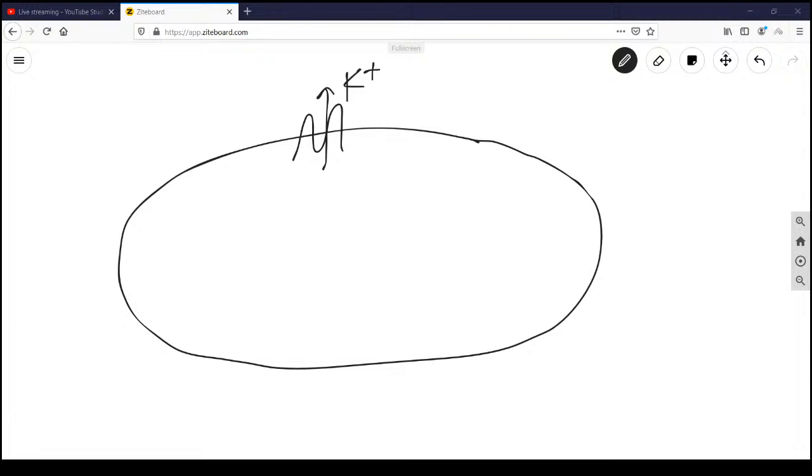Another channel will be there through which HCO3 influx will happen. HCO3 minus, the bicarbonate ion, will come into the cell. This efflux of sodium plus will also lead to the influx of calcium 2 plus